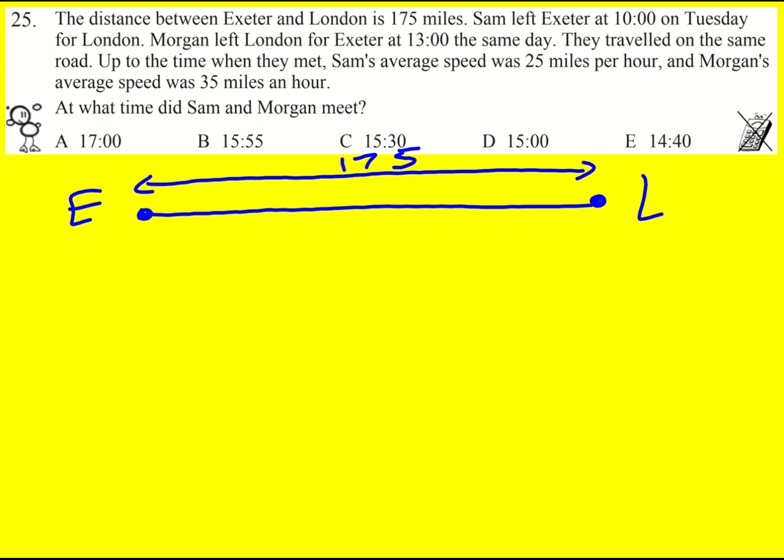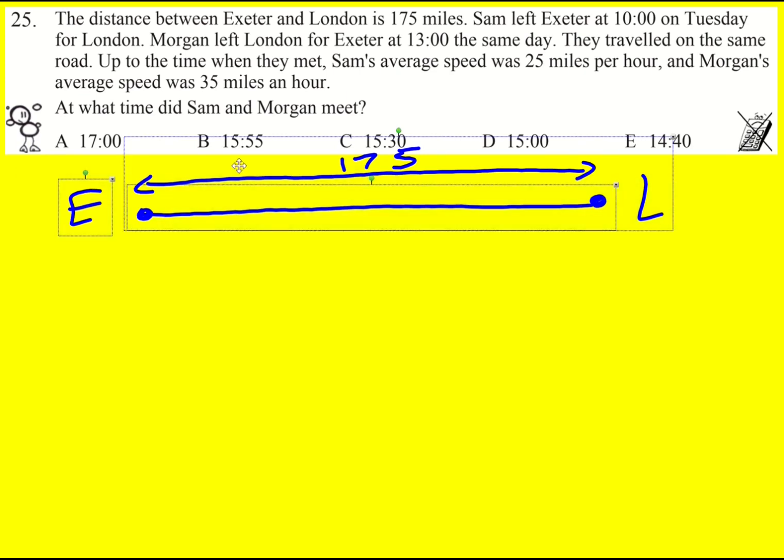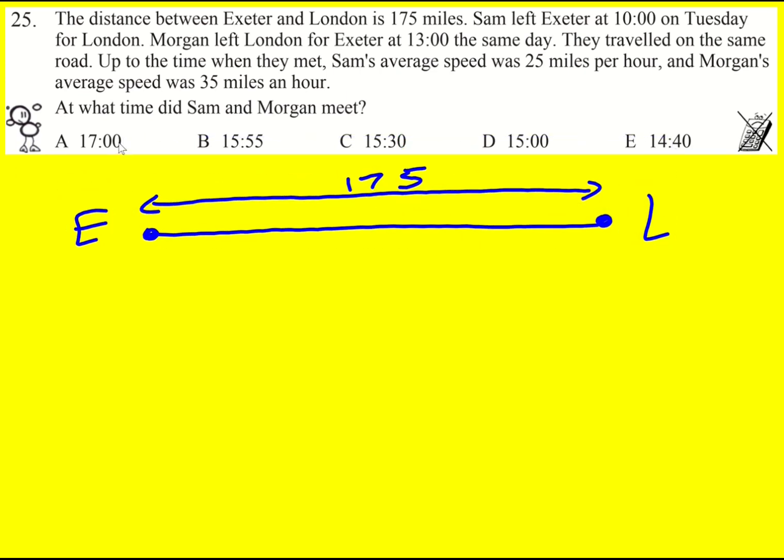Just going to write 175, everything is in miles and in hours for the time being. I know ultimately we have to get this time in hours and minutes. So then I've got Sam leaving Exeter and going 25 miles per hour. And at a later point, 3 hours later, in fact, Morgan is going from London to Exeter 35 miles per hour. Okay, and they're going to meet